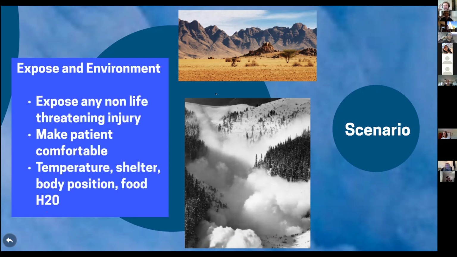So you could go, okay, I remember Christian talked about the scene size up and the primary assessment. So if you write this down or look it up, you can say, okay, number one, make sure the scene is safe, see what happened to you. But when it comes to treatment, unless you have a certification, you're going to be thinking about airway, breathing, circulation. But at your level, if it's serious, it's definitely going to be, I'm going to do the best I can, and I'm going to make an informed call to dispatch, an informed evacuation request.